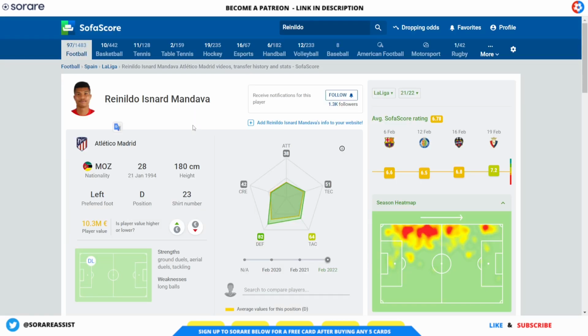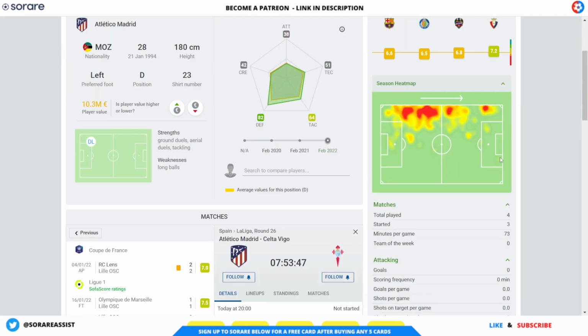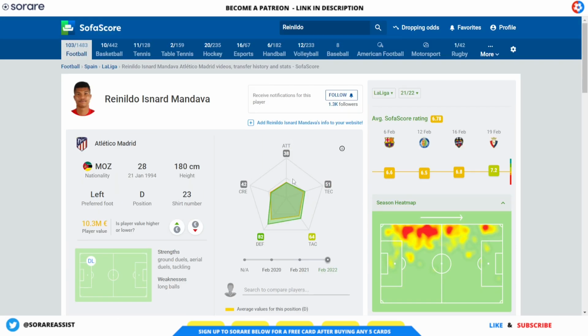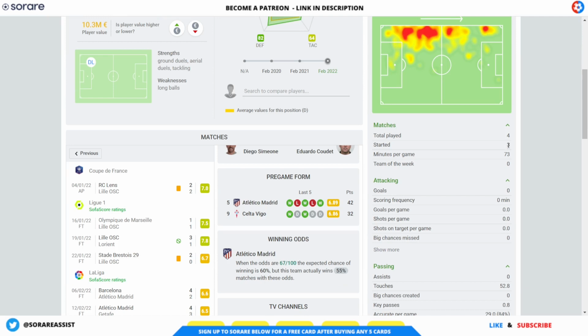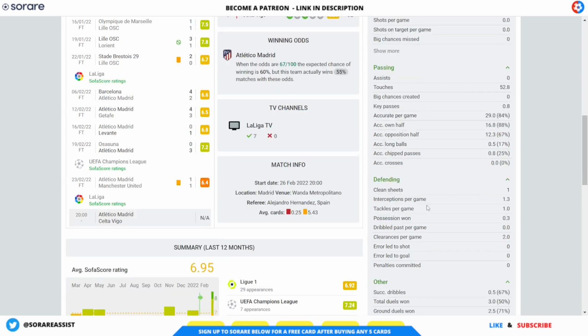Next defender I've gone for is Ronaldo of Atletico Madrid. 28-year-old defender, plays on the left wing. Now he's only actually played 3 starts but he has only just signed from Lille in the French league, and he's started 3 games already for Atletico Madrid and has shown some good numbers with 29 accurate passes, 1.3 interceptions